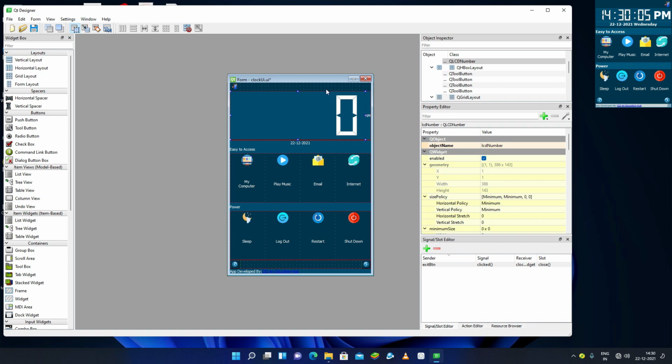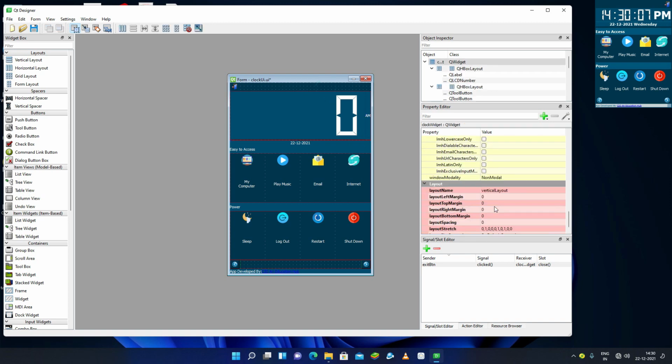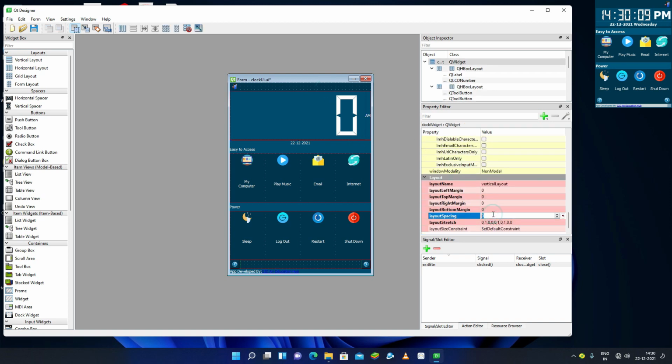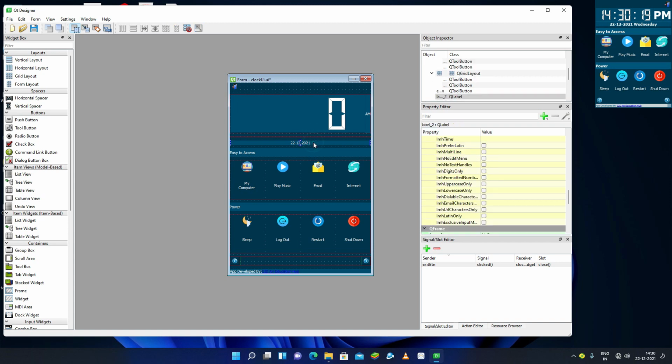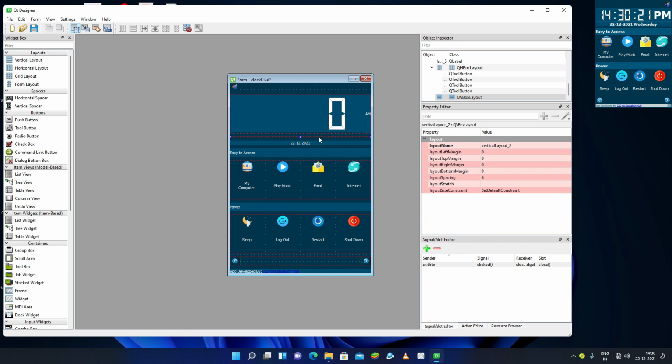Just add some of the space here. First of all, let's add a space as 10. Okay, and now I have this thing here. What is this? Okay, this is the vertical layout, and